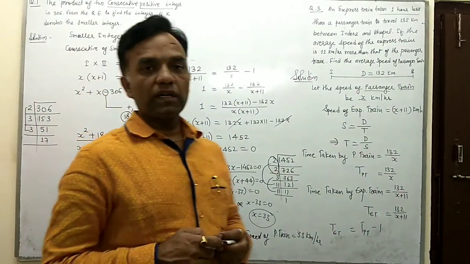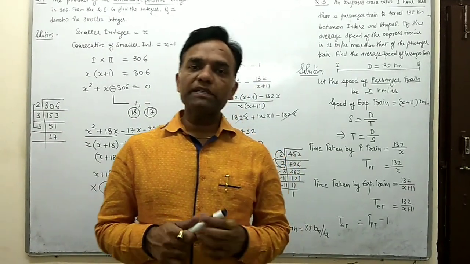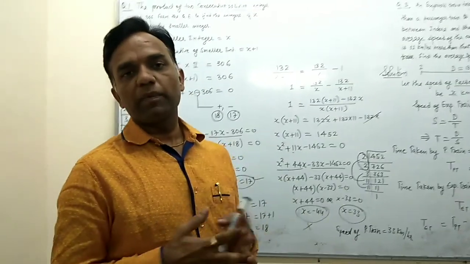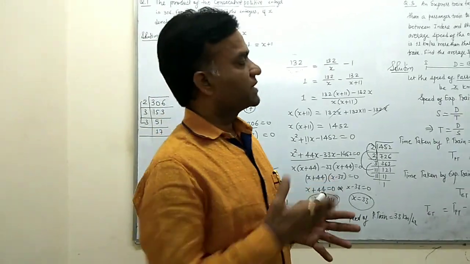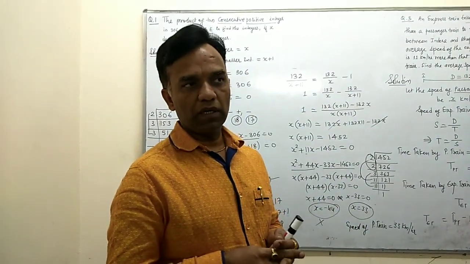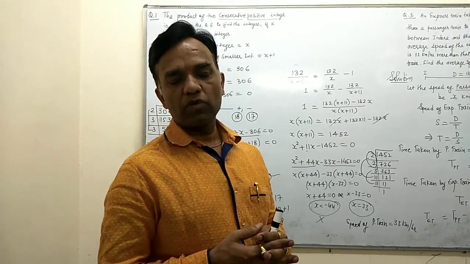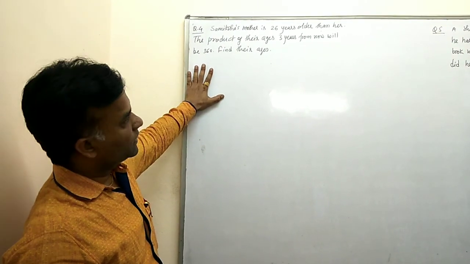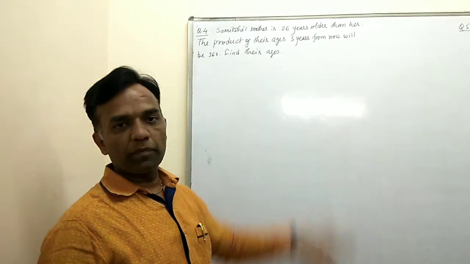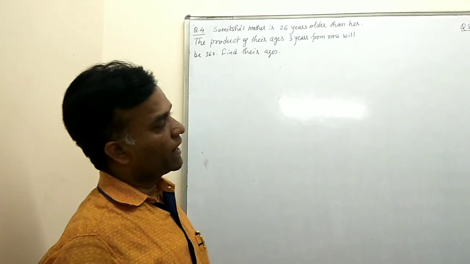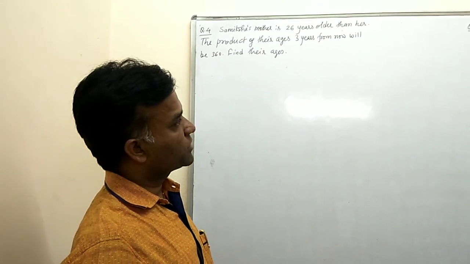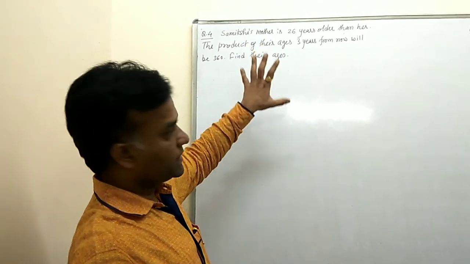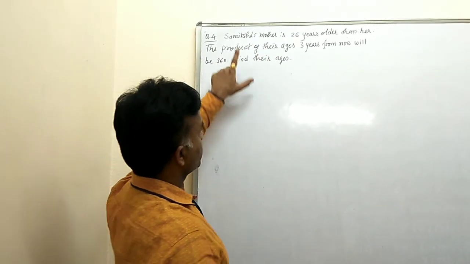Okay, so in this we discussed three examples. They are different. One example is related to numbers, another example is related to geometry, and the third example is related to speed. So now next question, we discuss one related to ages. Now the fourth question is related to ages, because there are so many varieties of word problems, but here we discuss a specific variety. So now first I read the question.